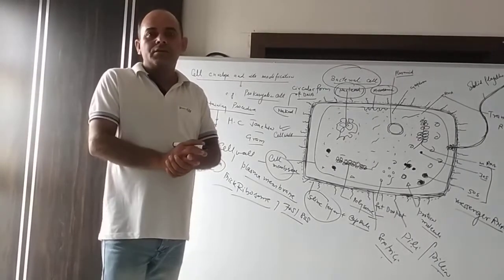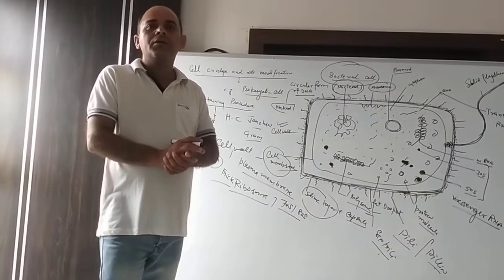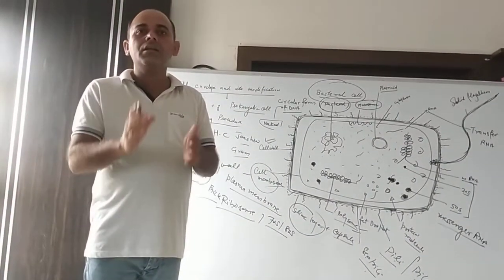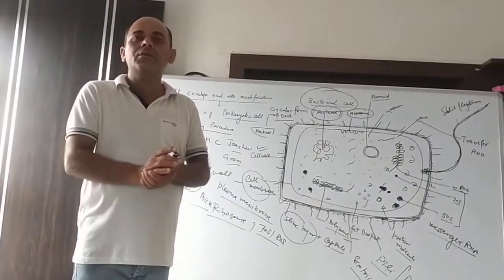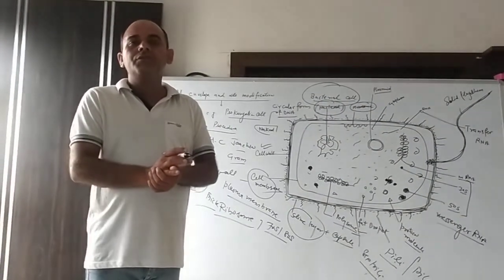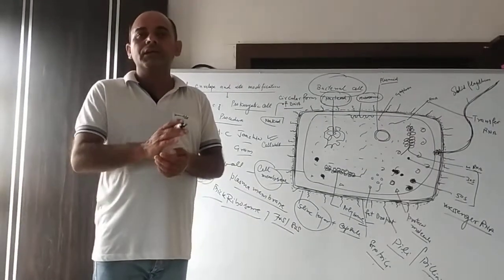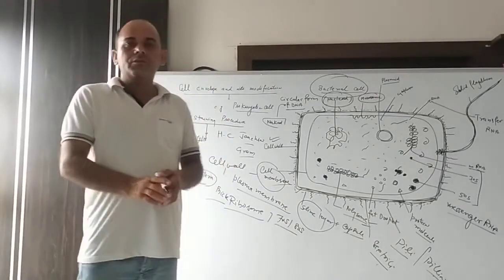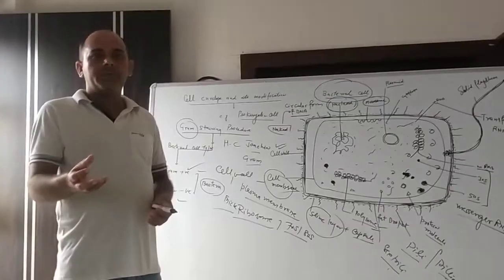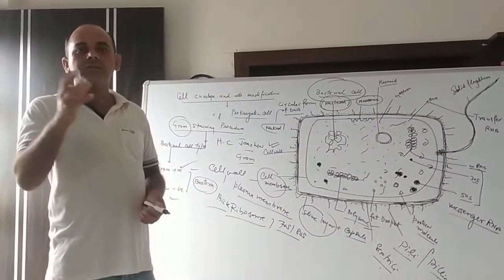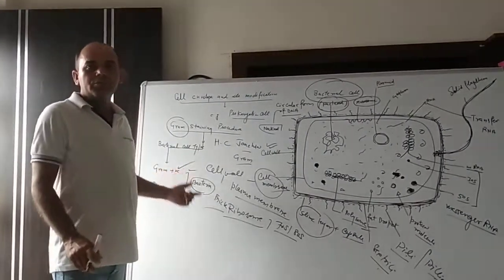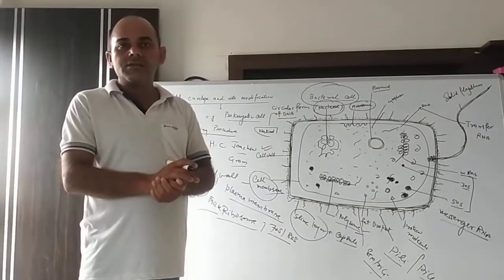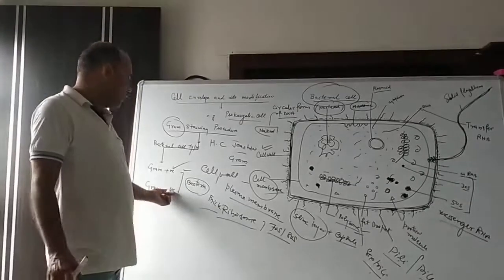Finally, what did he see? He observed that some bacteria don't become colorless, meaning they remain colored. They retain the color of the primary stain, crystal violet. Those bacteria which lose the color, which become colorless, are called gram negative. Those bacteria which retain the color of the primary stain, crystal violet, are called gram positive. When this procedure is performed, those bacteria lose the color and become colorless. He gave them the name gram negative.